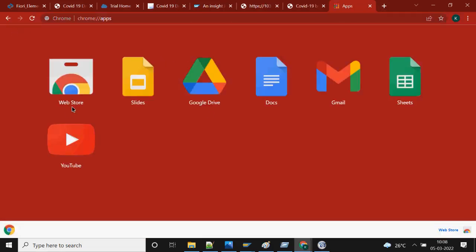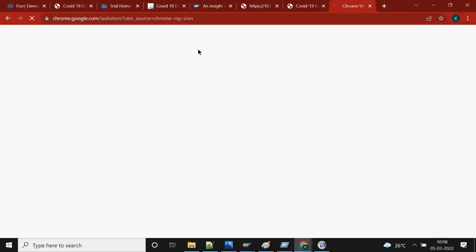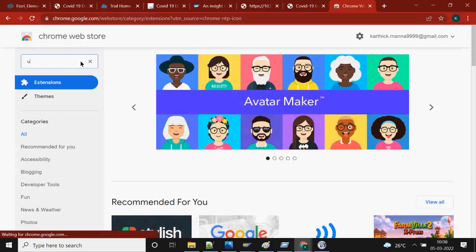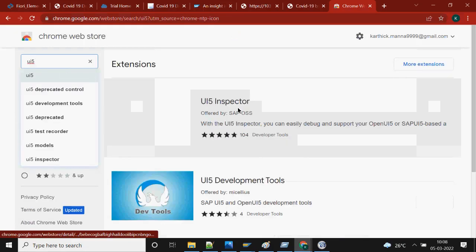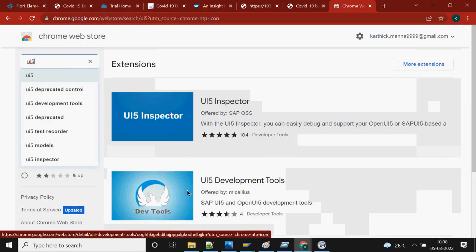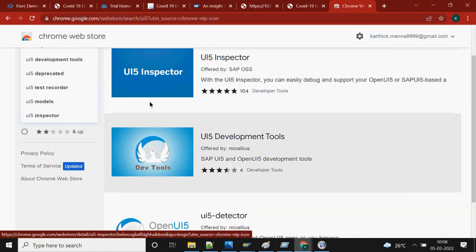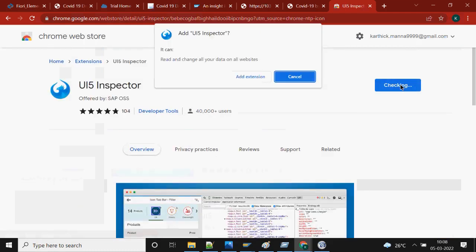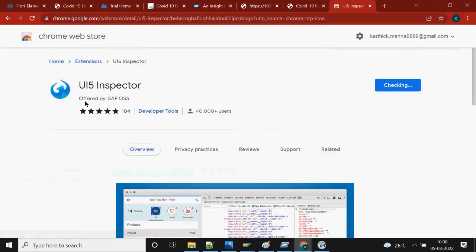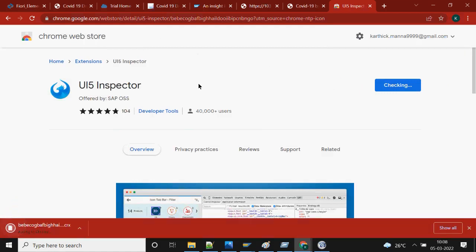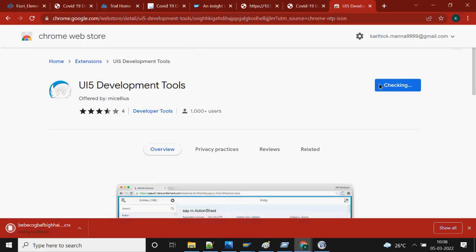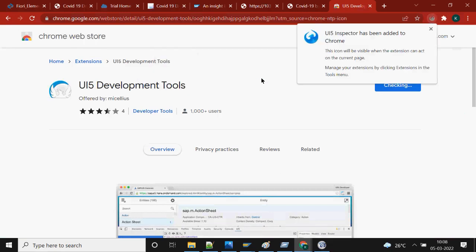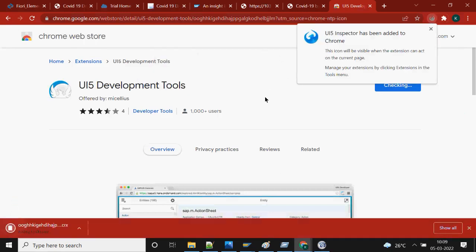There is something they call UI5 or something. I'm not sure whether it is still available. It generally gives you UI5 Inspector and developer tools. I'm adding this extension, UI5 Inspector and UI5 developer. One more extension is there, development tools. If you add these two, then whenever you are running any application which is basically built in Fiori,